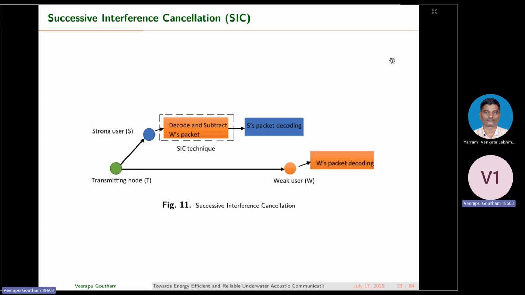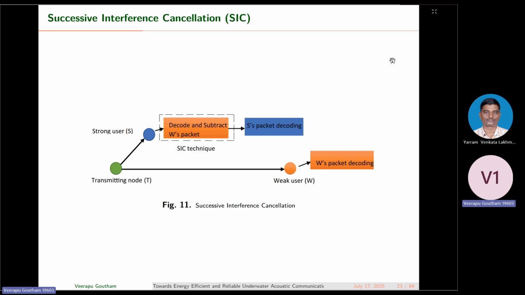The weak user will consider only its own signal, and it won't think about the strong user's signal. Whatever it receives, it will decode only its own signal from that. So I show A, and that farther person can only understand A. He cannot listen to B, because if I shout B with the smaller voice, it won't reach him due to the transmission losses. But he can receive A because I am shouting with more power.